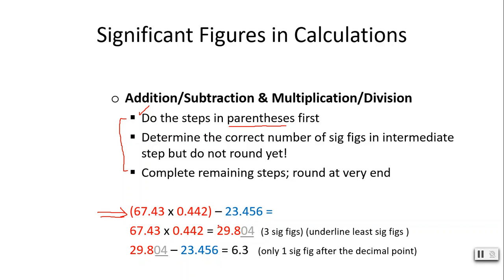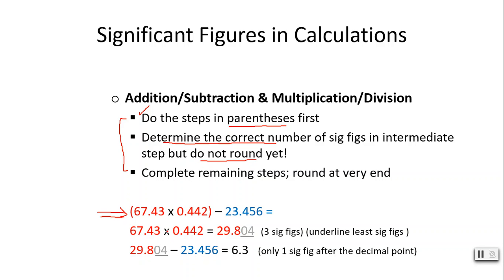So you should write that number down as an intermediate step. And when you do that, you should take note of the correct number of sig figs for that step. You should determine the correct number of sig figs, but do not round yet. What does that mean? What that means is that for the intermediate step, write the answer down, but somehow take note as to what numbers in that intermediate step are significant and what aren't, based upon the rules for the